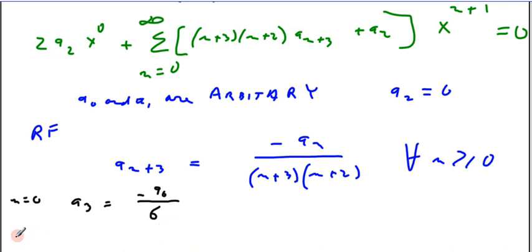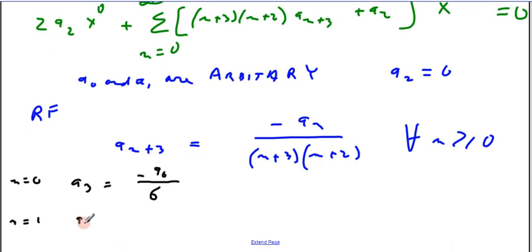Okay, and I look at n is equal to 1, and I get a4 is equal to minus a1 divided by 4 times 3, which is 12. And then I look at n is equal to 2, and I get